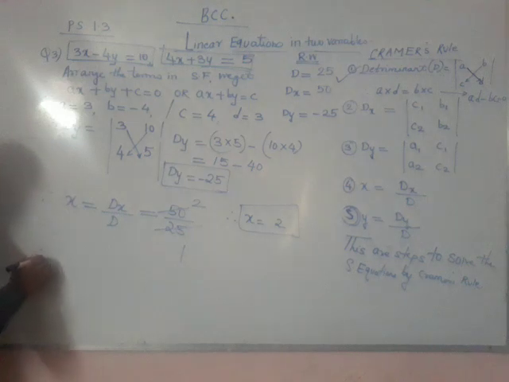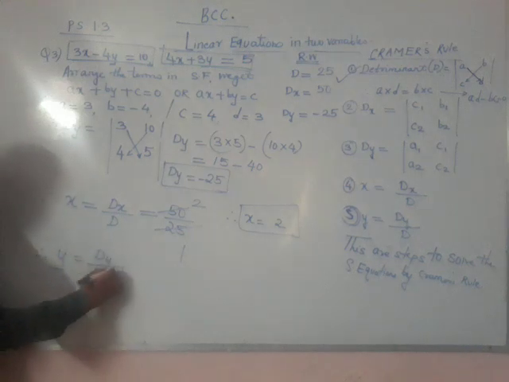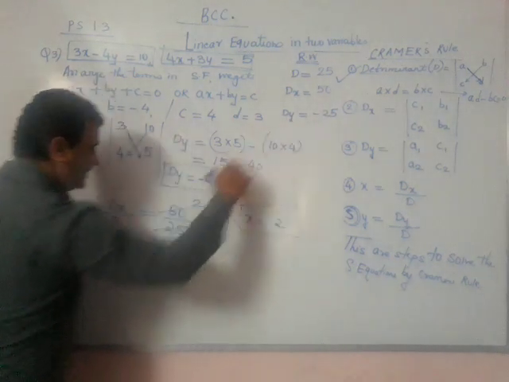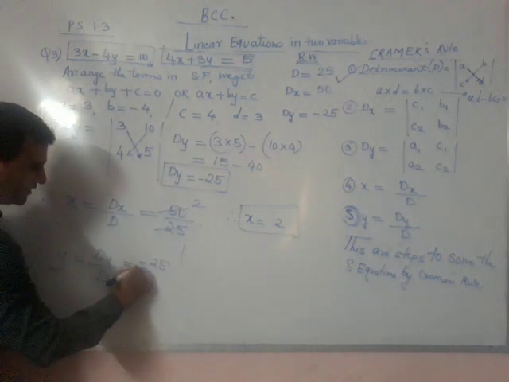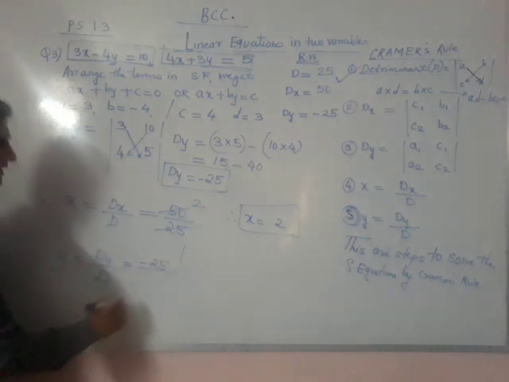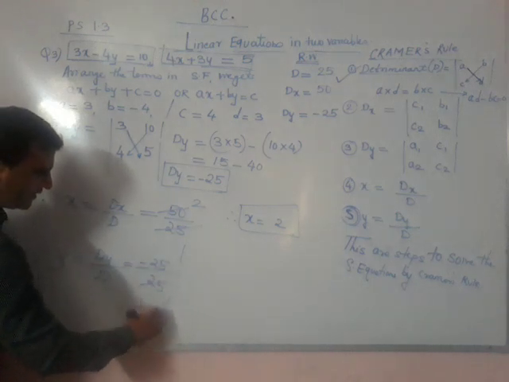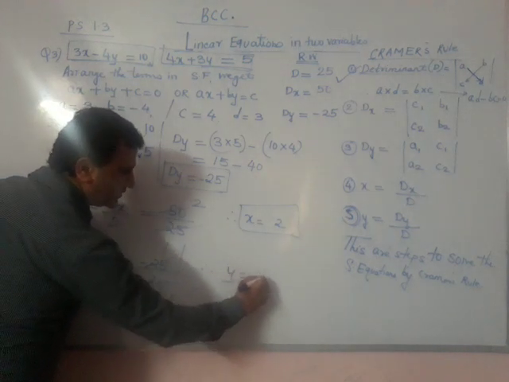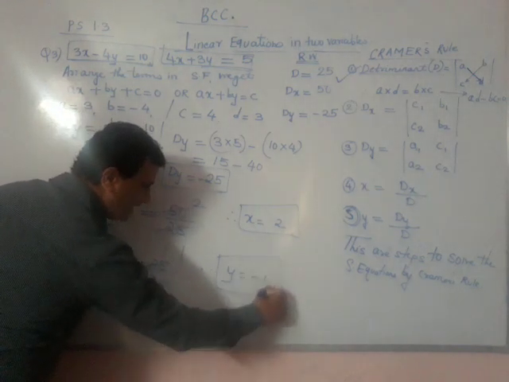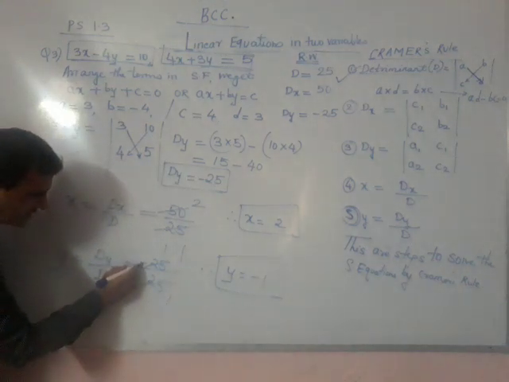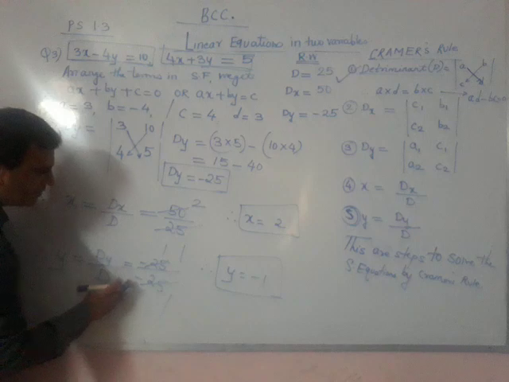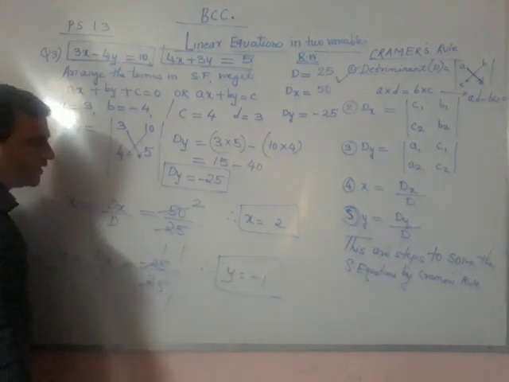2। अभी हमको y ढूंढना है। y is equals to डिटरमिनेंट y अपॉन d is equals to डिटरमिनेंट y कितना है? यस, -25। गुड स्टूडेंट्स। एंड d 25। So 25 1s are 25, 25 1s are 25. So y is equals to -1। माइनस समझा कहाँ से आया? ये माइनस था इसलिए -1। अगर इधर भी माइनस होता तो माइनस माइनस प्लस हो जाता। सो -1।